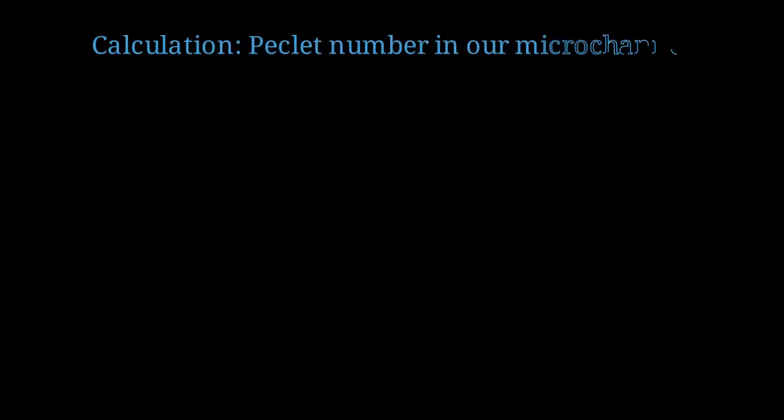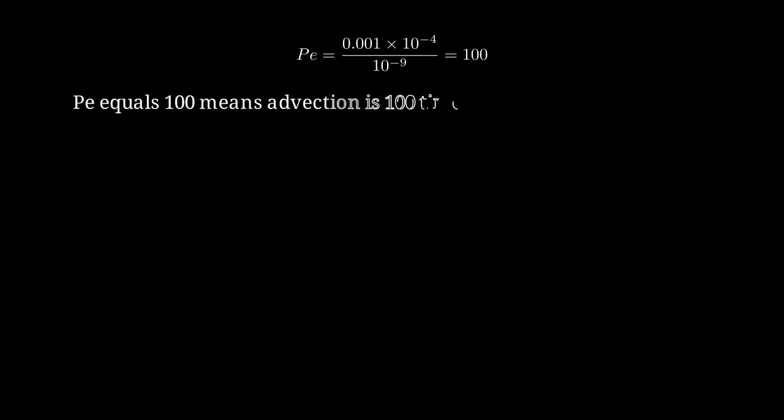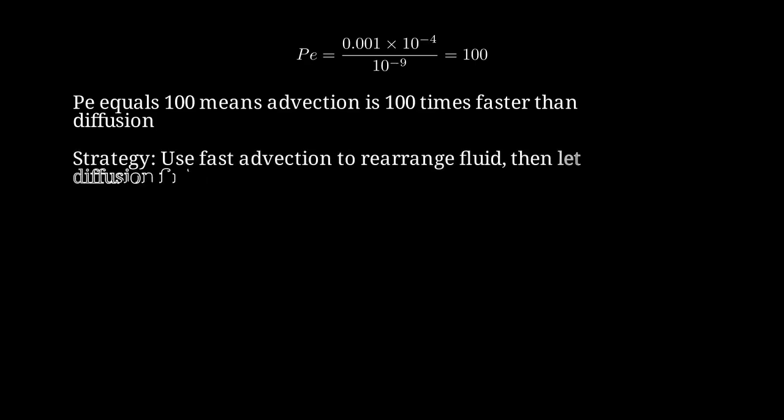Let's calculate the Péclet number for our 100 micrometer channel. 0.001 times 10 to the minus 4 divided by 10 to the minus 9 equals 100. A Péclet number of 100 means that advective transport is 100 times faster than diffusive transport. The brilliant strategy is to use the fast advection to rearrange the fluids into thin interleaved layers. Then, the slow diffusion only needs to work across tiny distances to complete the